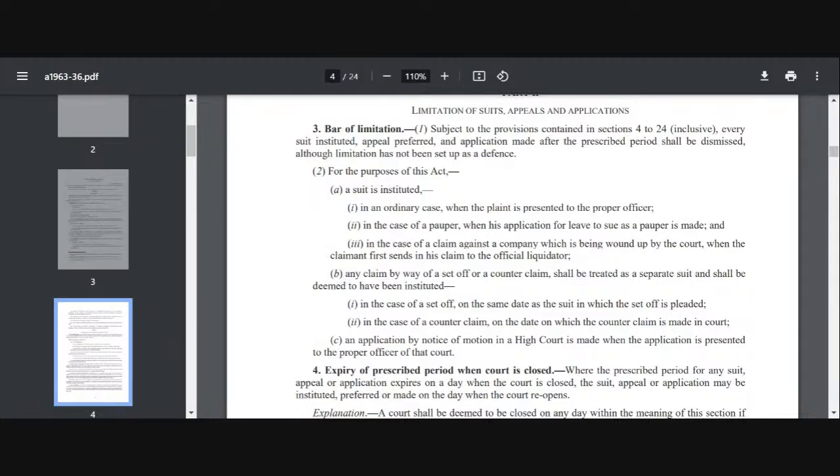So here it says it is going to be treated as a separate suit, and in case of set off, it is going to be on the same date as the suit in which the set off is pleaded. So even if I'm filing, yes, Prachi, very good, set off will be allowed. Even if I'm filing my set off after the period is expired, I had already filed my suit before, so the court